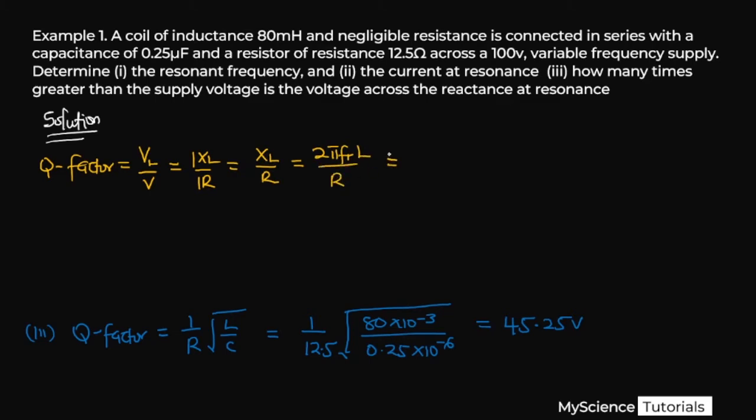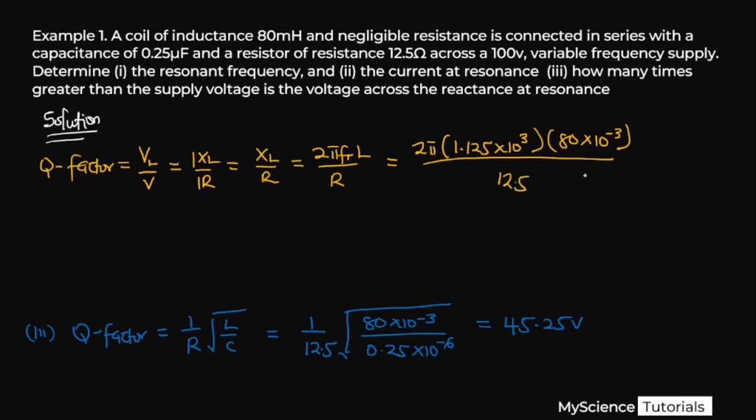So this is equal to 2 pi, the resonant frequency, as we've calculated, is 1.125 times 10 raised to the power 3, then multiplied by our L, which is 80 times 10 raised to the power minus 3, all over the resistance over here,